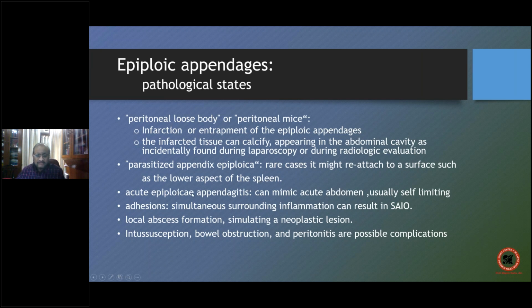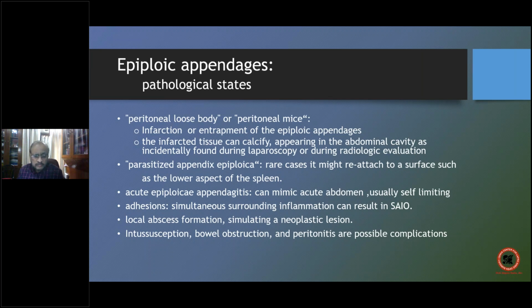Number three, you could be having an acute infection in the epiploica, and that is acute epiploic appendagitis. Now, this can mimic acute right iliac fossa pain or a pain in any other part of the body, but it's important because it could be mimicking a right iliac fossa pain, and because mimicking right iliac fossa pain, it could be mimicking acute appendicitis, but it's usually a self-limiting occurrence.